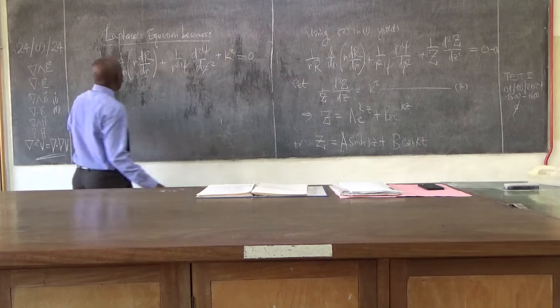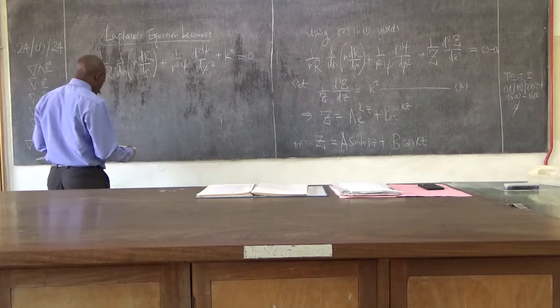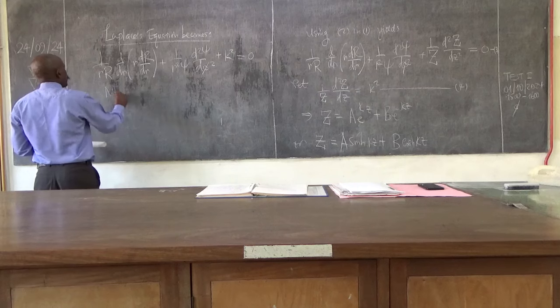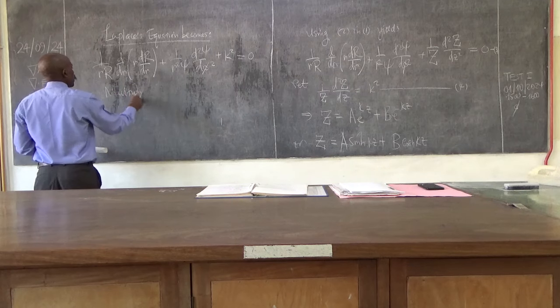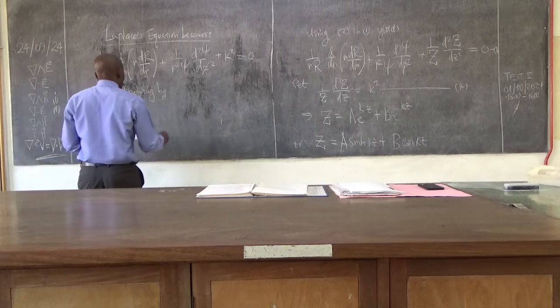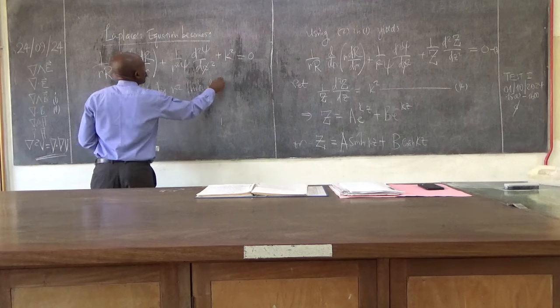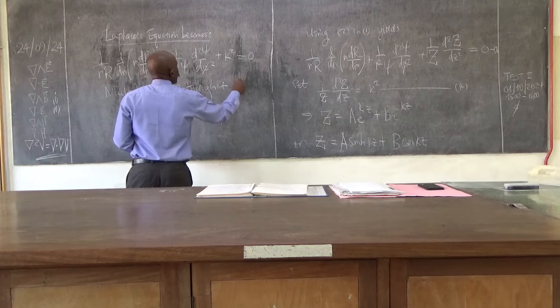We still can remove something if we multiply it by r squared throughout, which yields